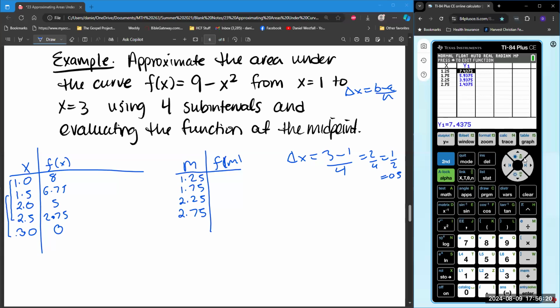This is 7.4375, 5.9375, 3.9375, and 1.4375. So if I want to find, since there's a constant